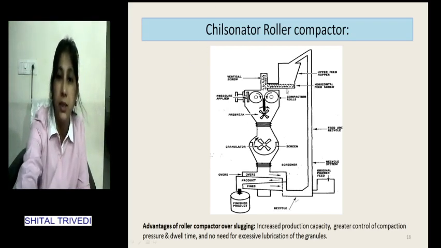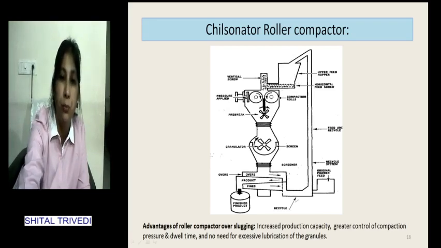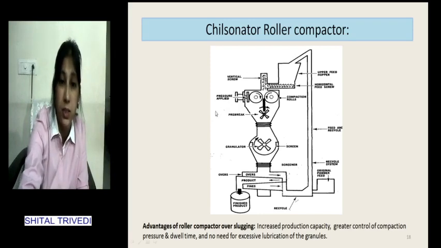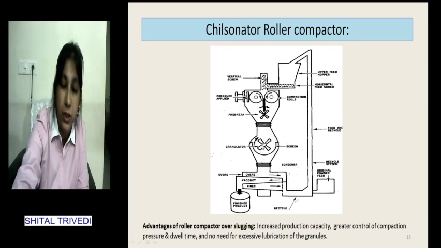Here we can see the vertical screw that helps the powder get transferred from the hopper to this region, and the speed of this is important, that transfers the material constantly in between these two rollers which rotate towards each other, and one roller is applied with a pressure that can be controlled. And this machine also has inbuilt size reduction facilities, so pre-breaking and then further reduction